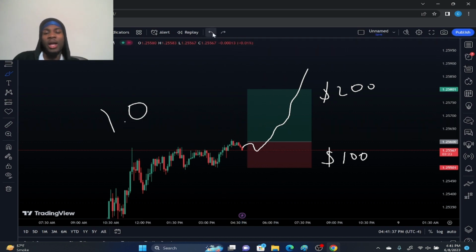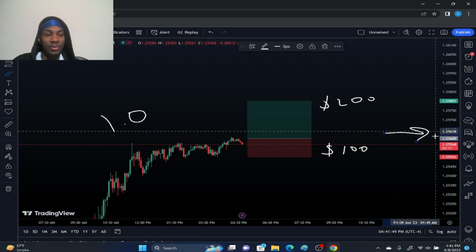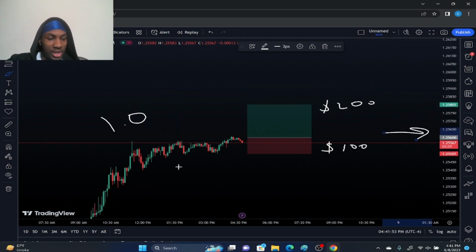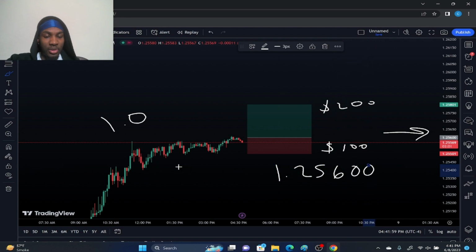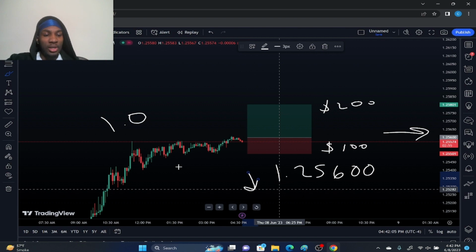And then you're going to be like, yo, why didn't I make the full $200? Because they took out spreads and commissions, but the spread got you in at a later price than you actually wanted anyway. So looking over here, like I said, the math behind it is like this. So if we are at, this is actually pretty good. Wherever I put the thing, it says 1.25600. When we go down, if we end up going down and hitting stop loss,